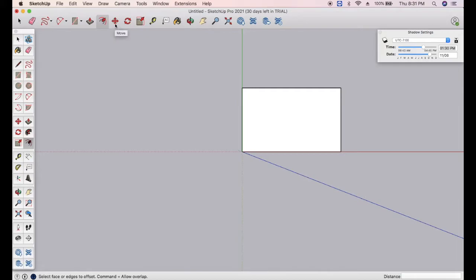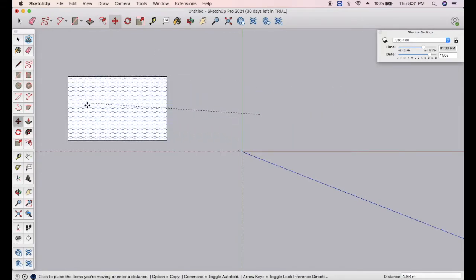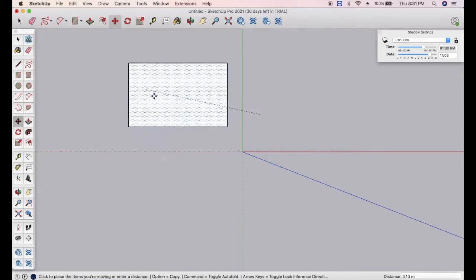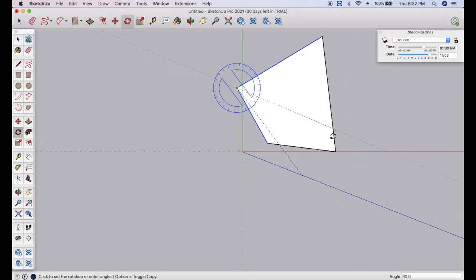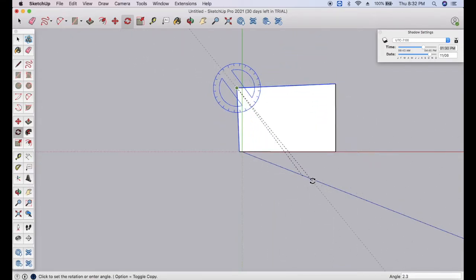Next is the move command. Move command is very simple, to move the drawing from one place to the other by just holding the command. Next is the rotate command. For rotation, there are two ways by which you can rotate. If you just want to rotate a part of the diagram, go to the end point, click on it and take any axis as reference and start rotating. But in this case, the two lines attached to that end point will be the only ones rotated, not the full diagram.